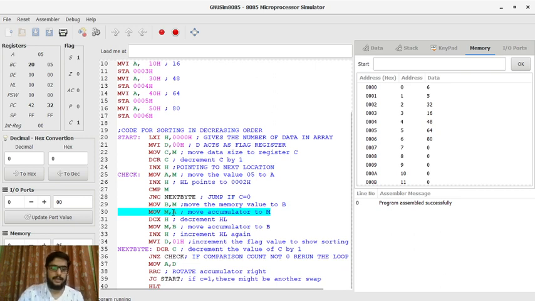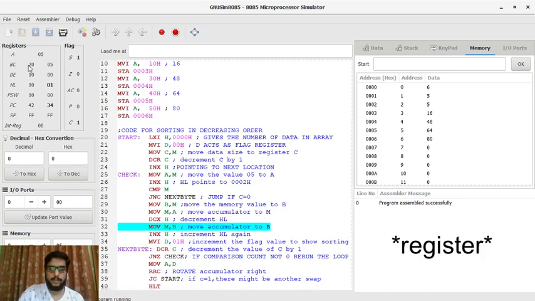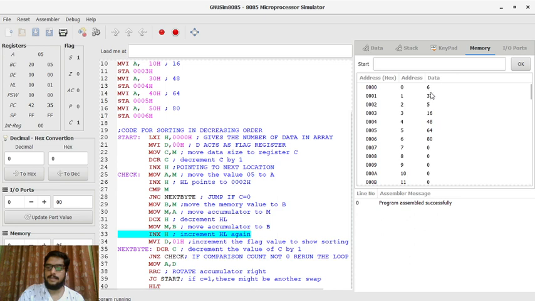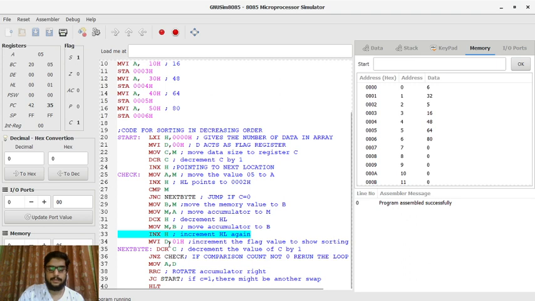Then in the 30th line, it moves the value in the accumulator to the memory location which was pointed, which is 02. Now the memory location has been updated to 5. Then in line 31, we decrement the HL position so that it points to 01 now. In the next step, we move the value stored in the register, that was 20H in hexadecimal, to the memory location now pointed as 01. So when this executed, the data is now 32 because the decimal equivalent of 20H is 32. Then we increment HL again to now point to 02.